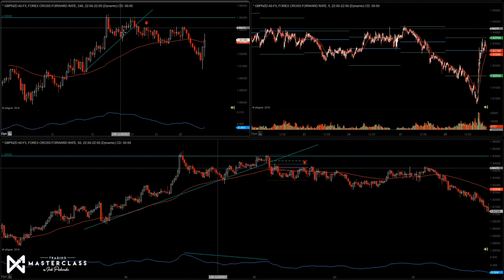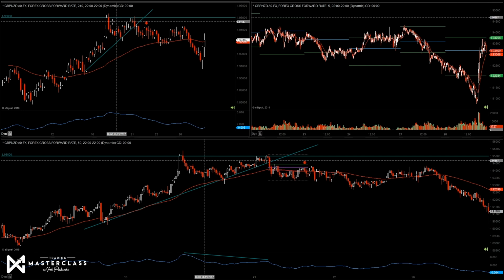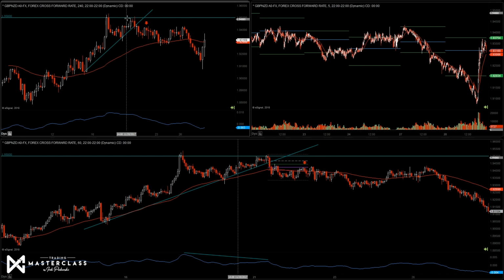Because other ones might not have a double top. You'll see in the next example, there will not be a double top. It will be pretty much just kind of a pullback. So in this case, since we do have that double top, which means bearish price action is potentially coming in,